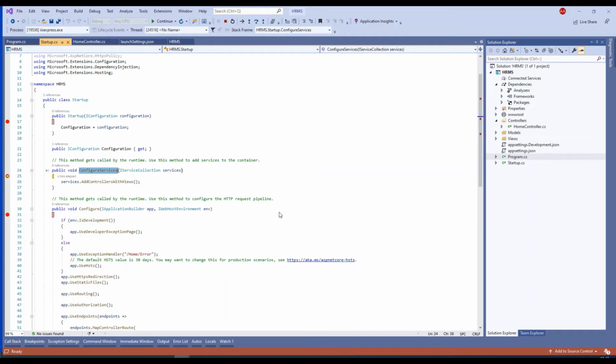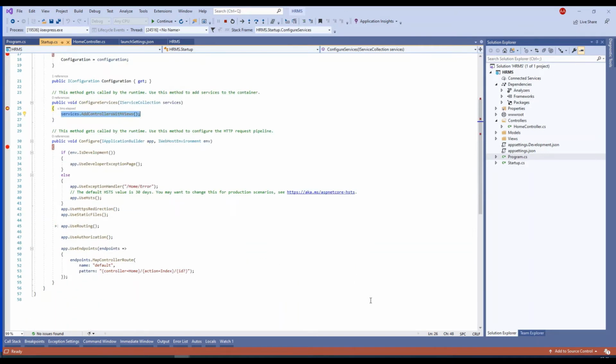Then it comes to ConfigureServices. Here we register all the things, when you do session management, localization, or dependency injection. Here we have added controllers with views.